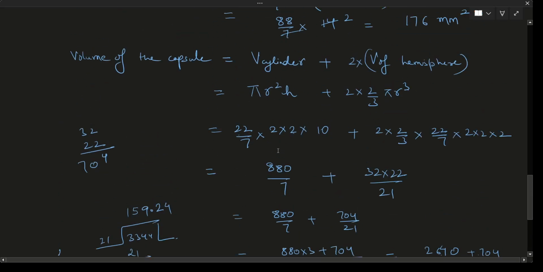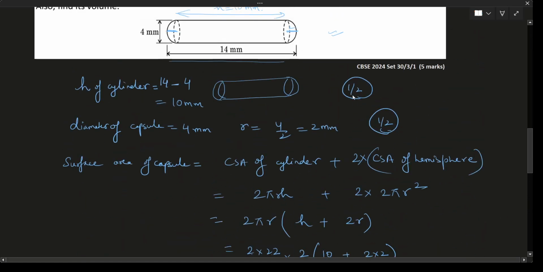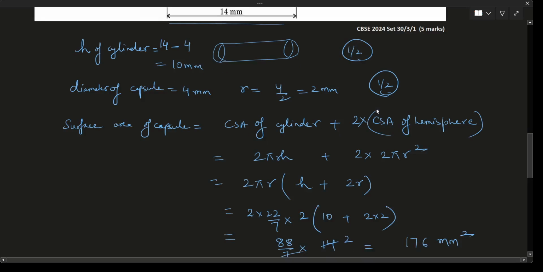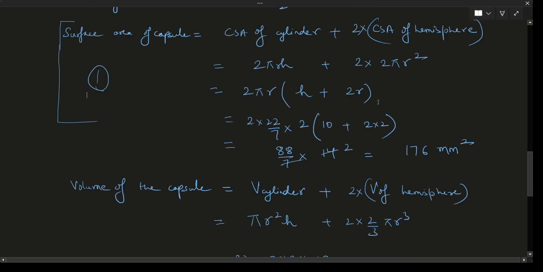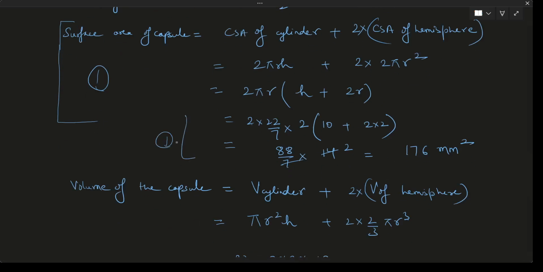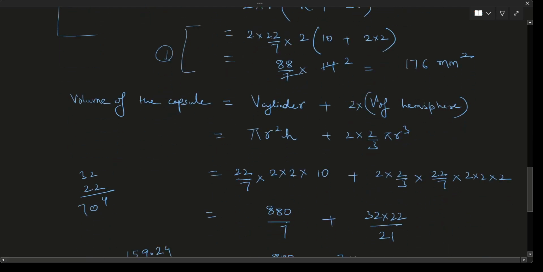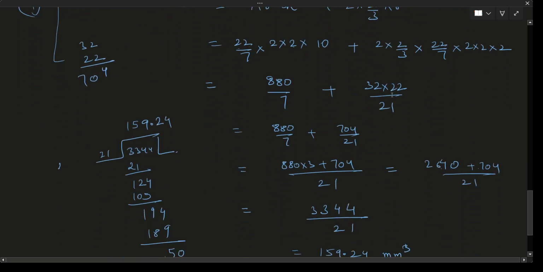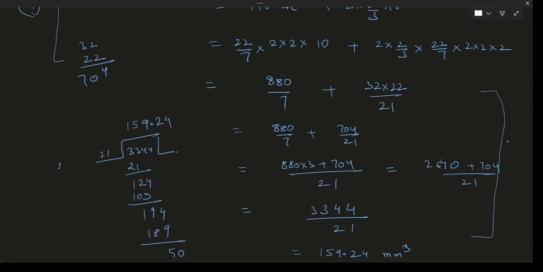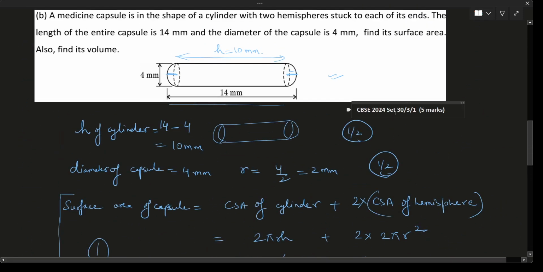Now I'll tell you how you get the marks in this. Half and half mark I told you will get over here. By putting these values and doing till here, you'll get 1 mark for this and 1 mark for the calculation part. Then same for this part, you will get 1 mark for putting the values and 1 for calculation. Here the calculations were a little more, but yeah, 1 part for this. So total 5. Half and half. Now I hope the concept is clear.